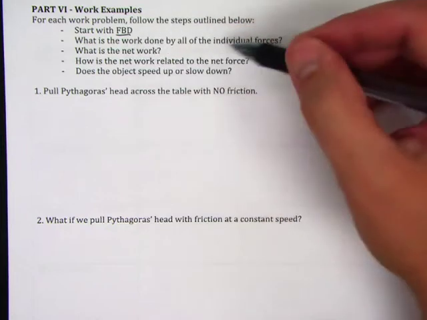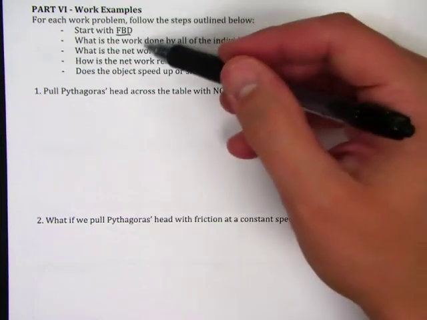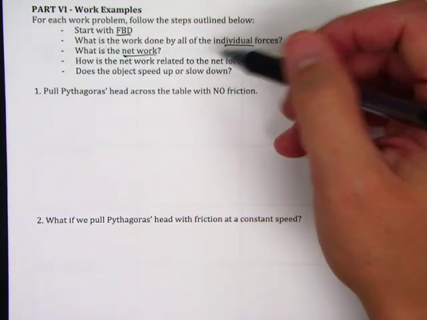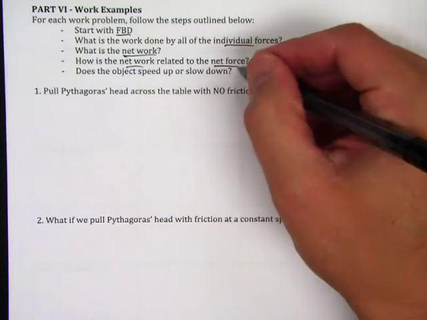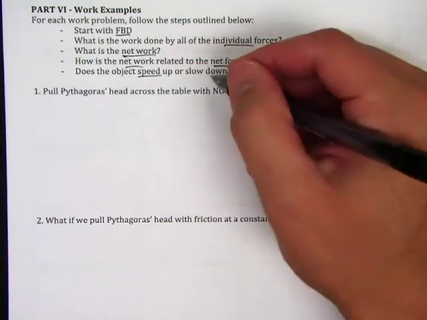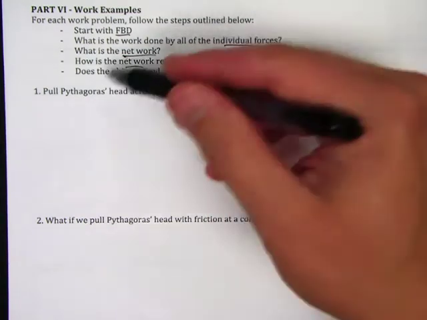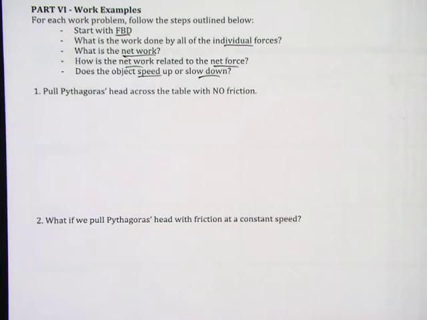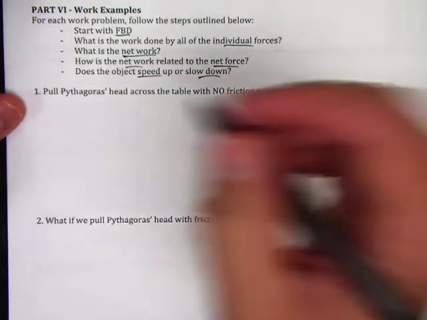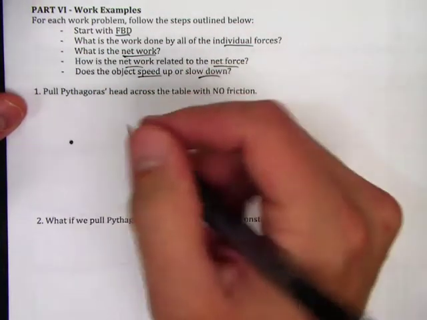Then we're going to find the work done by all the individual forces, sum them together to get the net work, and then try to connect that to the net force, and then figure out, is the object speeding up or slowing down? And this is where our work earlier with understanding the direction of the force relative to the displacement vectors should help. So let's take Pythagoras, and we're going to pull Pythagoras' head across the table with no